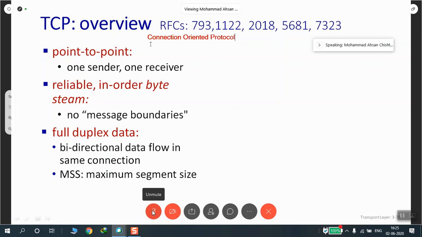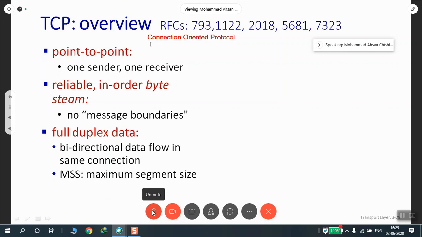And what is this maximum segment size? We will try to have this maximum segment size as per the lower layer protocols. What I mean by lower layer protocols, remember MTU, data link layer as well as network layer. What was MTU? MTU was maximum transfer unit.